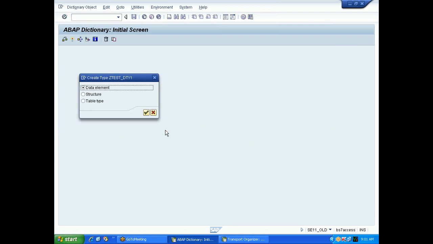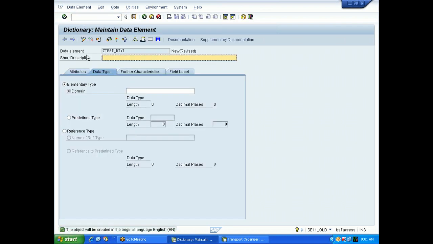Data element, structure, and table type. So that means from here you can create a data element, a structure, or a table type. You already know how to create a data element. While creating a table, you have created data elements, right? The same, if I say continue, it will go to the data element screen.